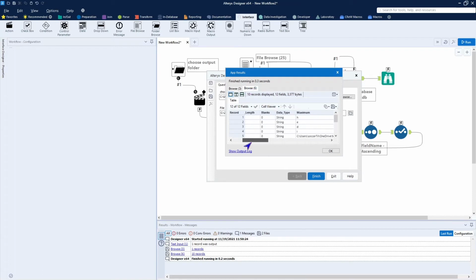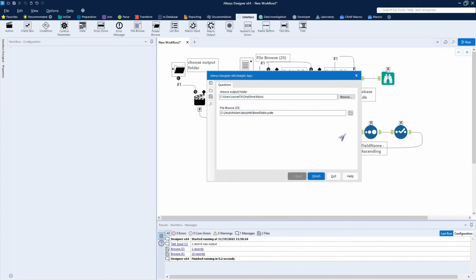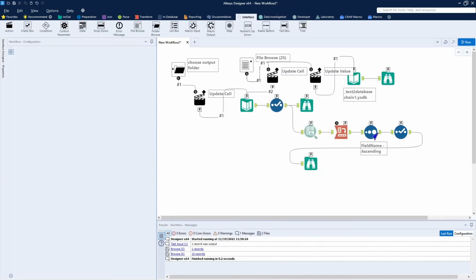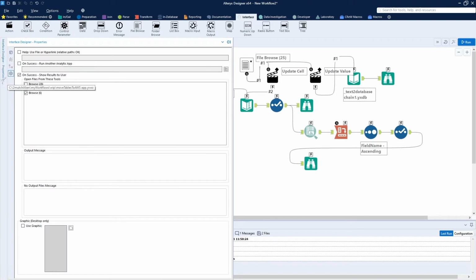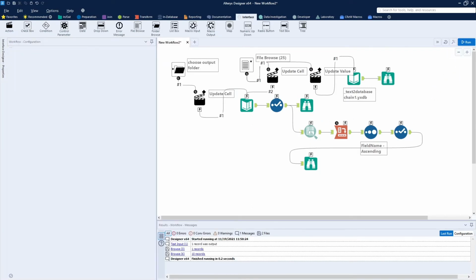This is our browse of the metadata, and you notice it did not pick up this browse because we talked about that in the beginning, and I wanted to go ahead and remind you that if you add a browse that you want someone to see, you need to come into your configuration of the interface, click on the browse. Now if we run it,